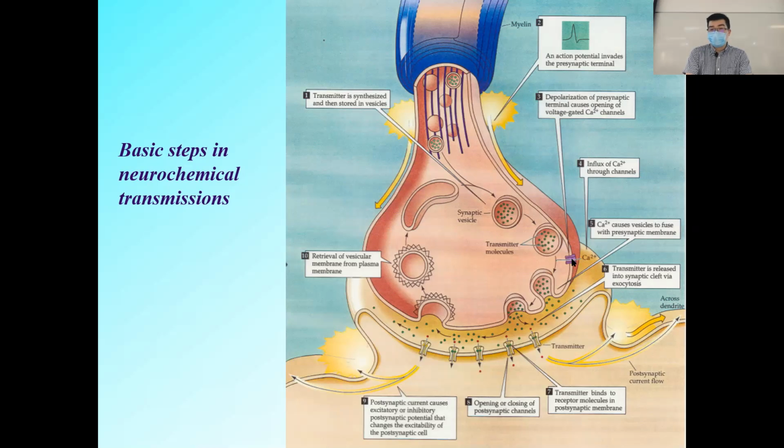So here, the voltage-gated calcium channel. Now, if you still remember, this is one of the important channels we introduced in the voltage-gated channels. Apart from the sodium and also the potassium, the voltage-gated calcium channels are also important, okay? So that will trigger it to open, the calcium will rush in, and then that will trigger the